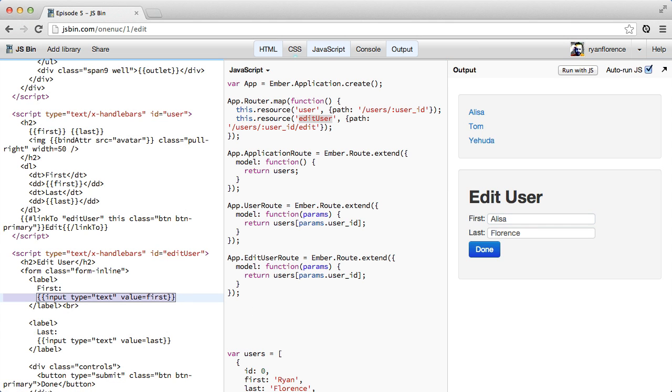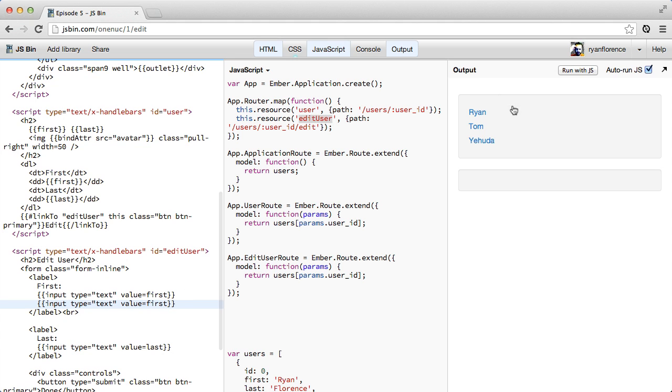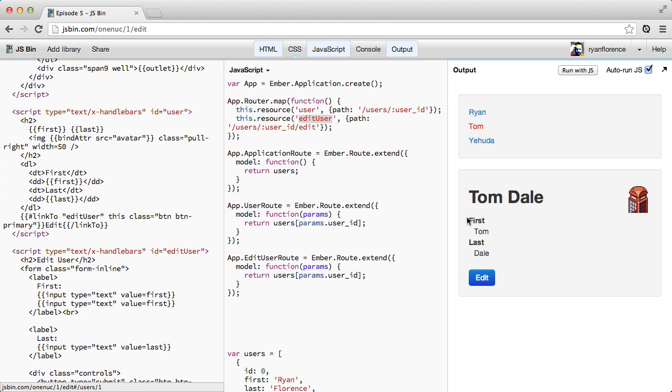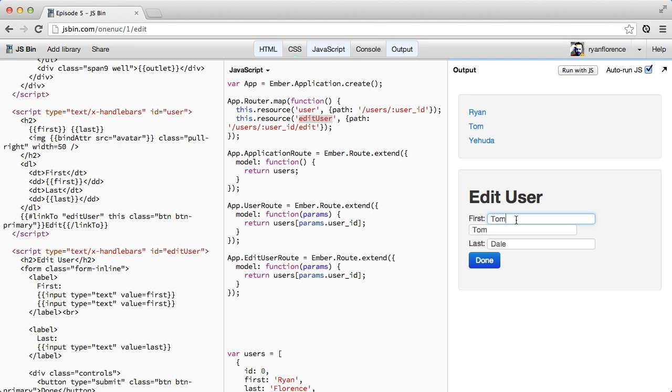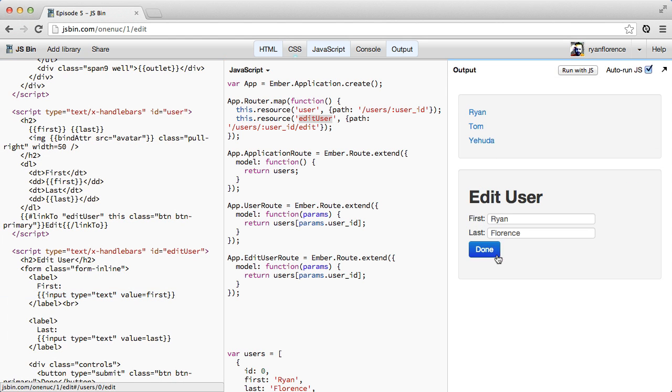I could do something really weird and put two inputs there. And we can watch these two fields keep each other up to date. But that would be dumb. Now we aren't done yet. If I click submit,